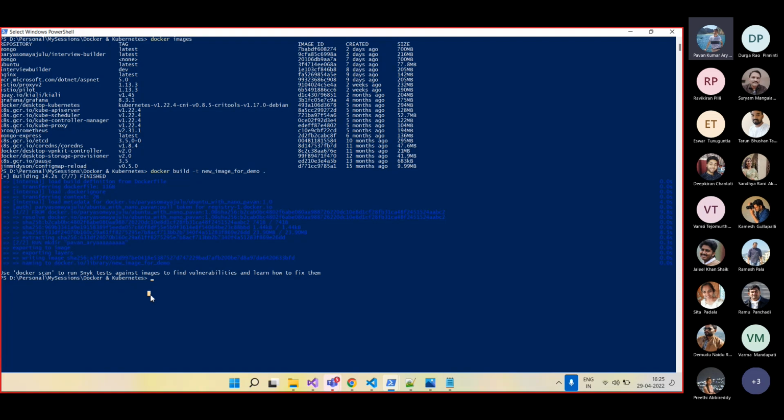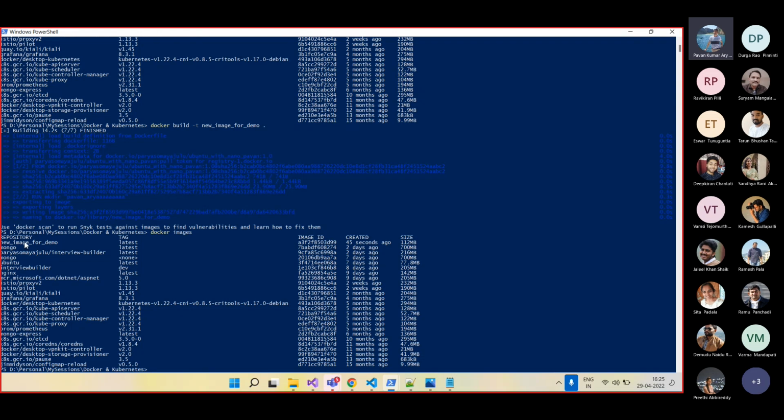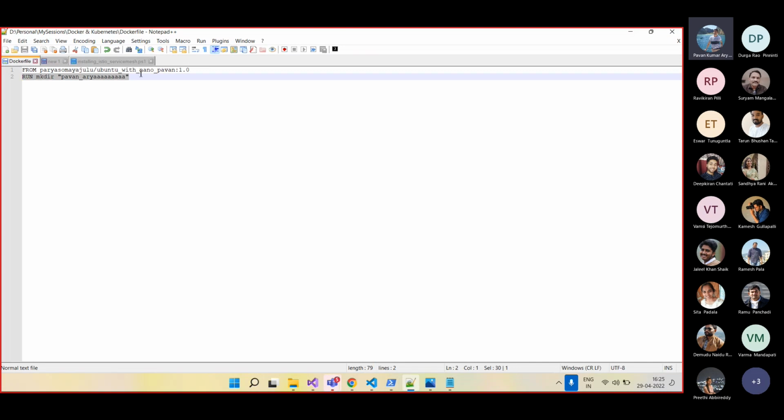Okay. Again, if you execute this particular command, now I'll show you this image in Docker images. So this is the new image which got created from the Docker file. Now if I get inside this container, docker run -it /bin/bash. Since I took this particular image from the Ubuntu with Nano image,